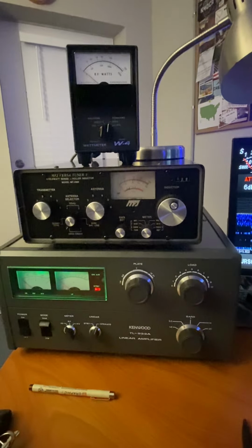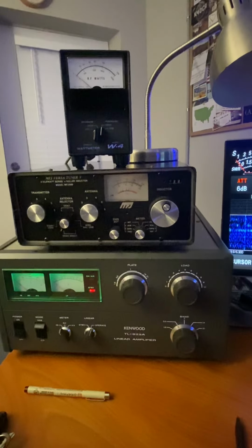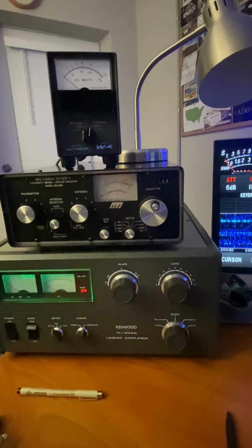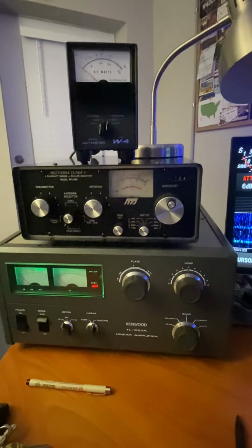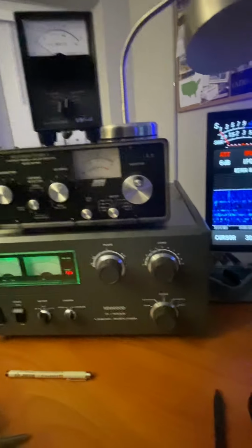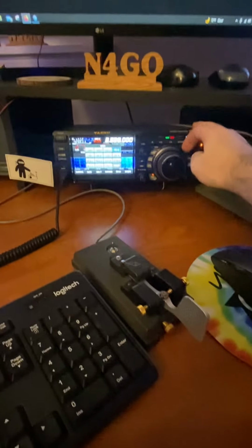I was going to talk about how to tune your amplifier. If you have an old tube type amplifier, a lot of people tune them just for max smoke, or whatever, and they're good with that. But I was going to talk a minute about how to load your amplifier and kind of save your tubes a bit. So first, what you want to do is take your radio to